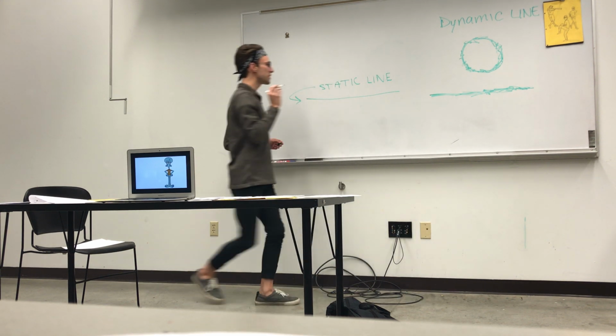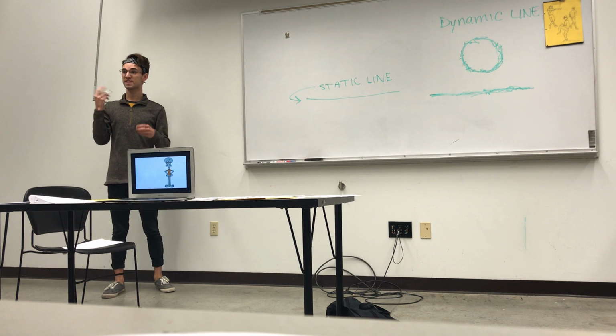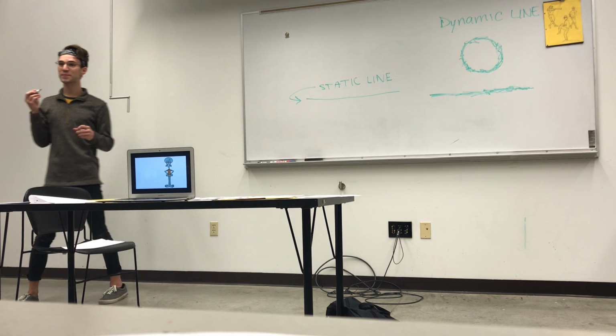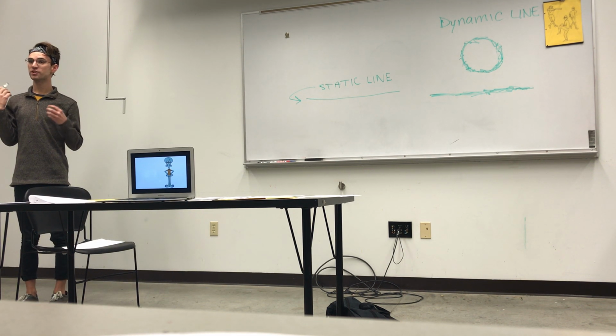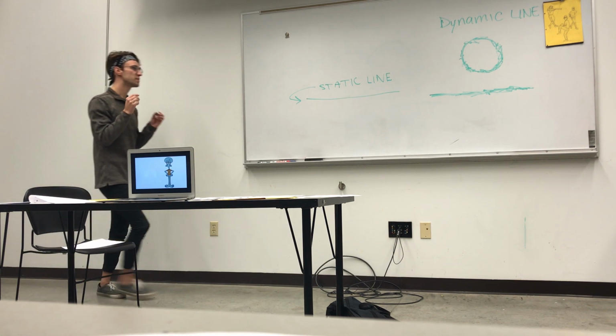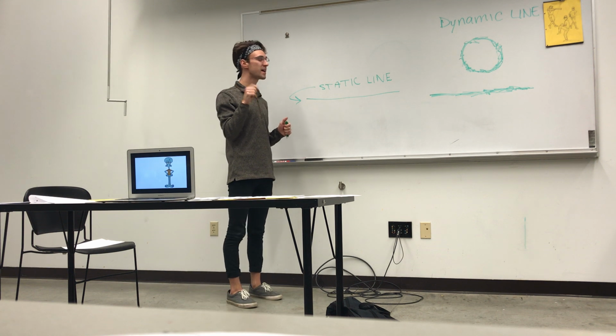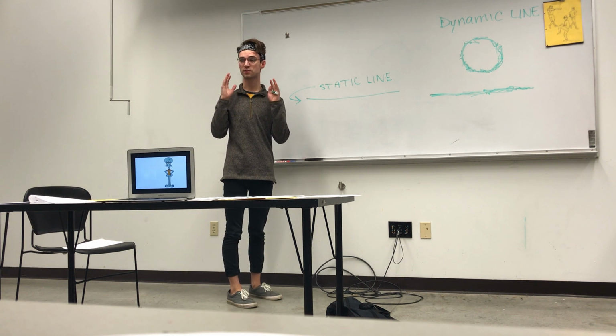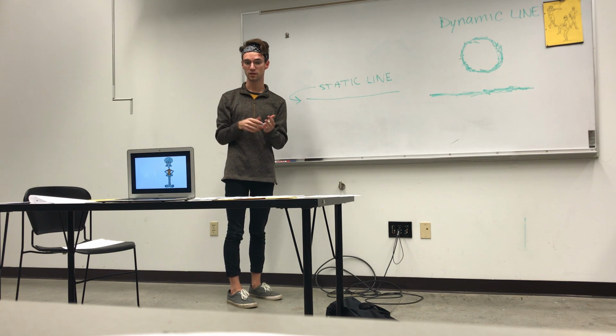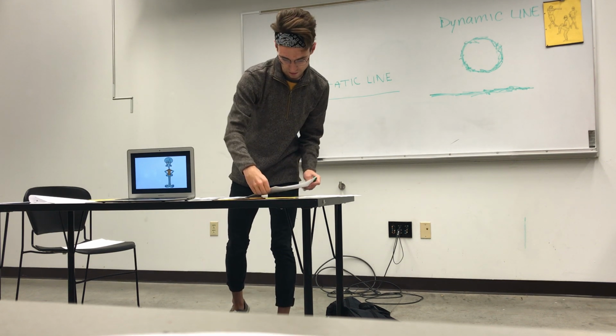another way to think of this might be: dynamic line is usually more sketchy, and the drawings shouldn't look like they've taken a long time. Dynamic line should be quick, dynamic drawing should be fast and not a lot of detail. We just are looking to capture the shape of what we're seeing. So if I were to do an example for you,